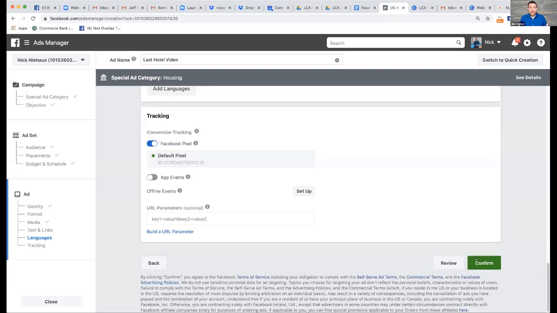But now we have an ad of me, or sorry, in this case, Greg, our client, who's going to be promoting this last hotel, which just opened in the St. Louis area. And it's going to be shown to the people that live in the greater St. Louis region, right? Which is perfect. That's exactly who we want this to be shown to, okay? So that's step number 1. So now we've got this video out there. It's showing to the people in the St. Louis area.